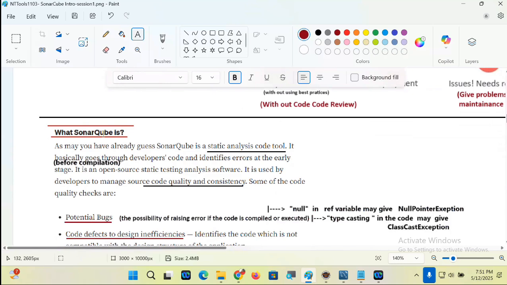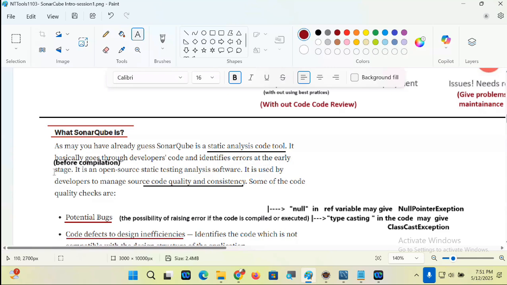What is SonarQube? As you may have already guessed, SonarQube is a static analysis code tool. It basically goes through the developer's code and identifies the errors at the early stage.